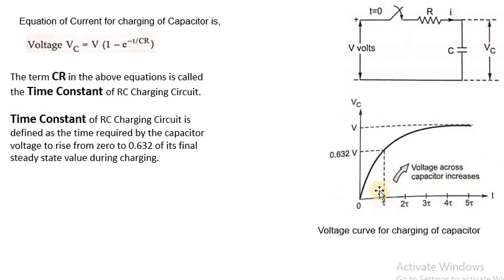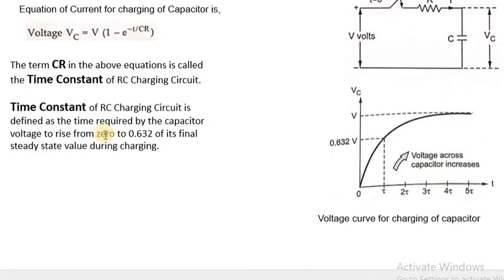It is the time required by the capacitor to increase the voltage from 0 level to 0.632 times V level. So how much is the time is taking? The time is taking from 0 to 0.632 V is, say, from this point to this point. So the distance between these two time instants is measured in time. So time required by the capacitor to move from this instant to this instant is called as the 1 tau. That is called as the time constant. Okay. So this the definition we have seen for voltage graph.